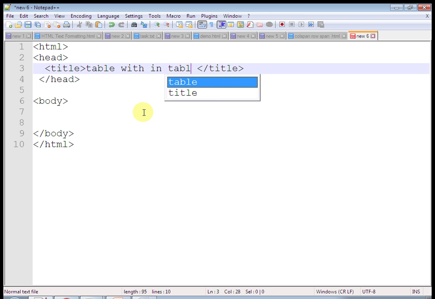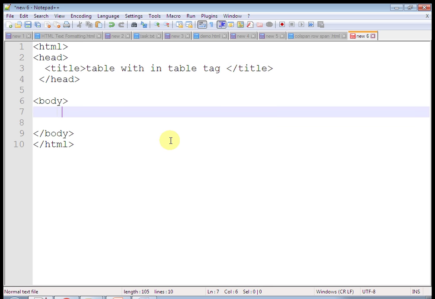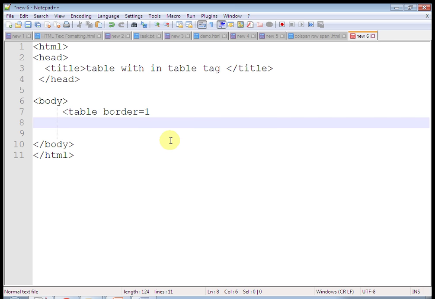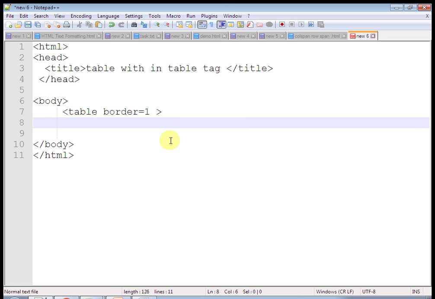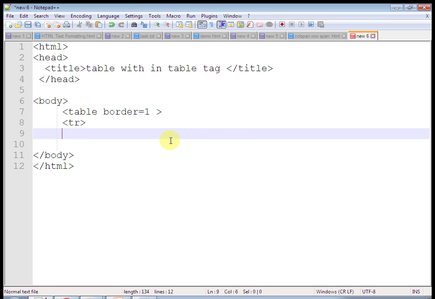Let's create one table. Give a border, then tr. Let's copy paste this. I'm going to create a 3 by 3 table.